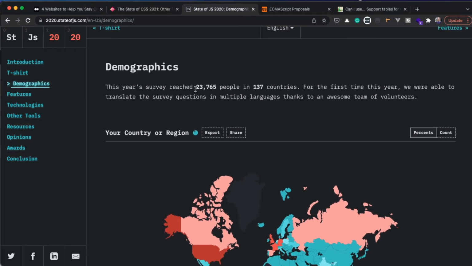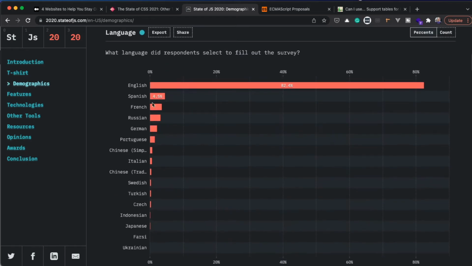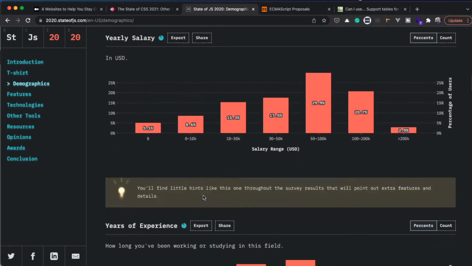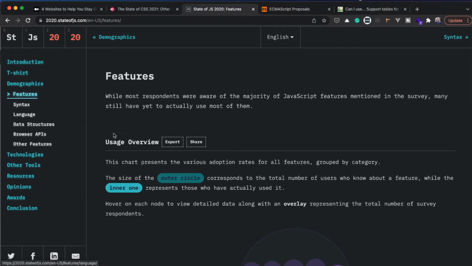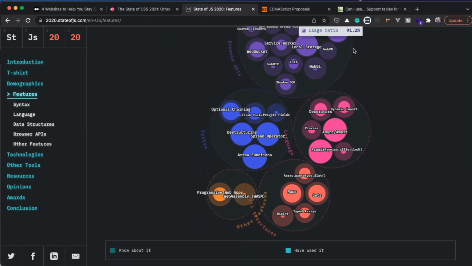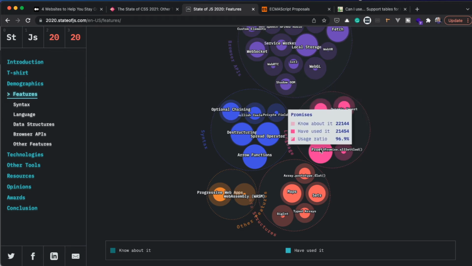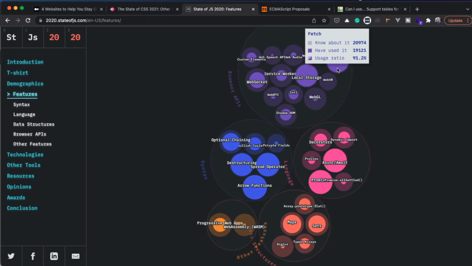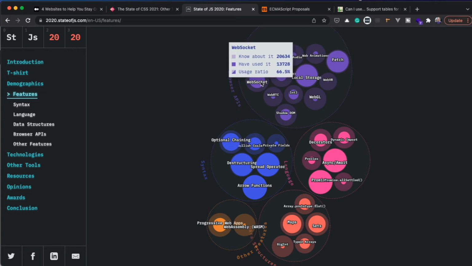Again, we have how many developers responded to the survey, almost 24,000, which is quite a big number, and where they come from and things like that. And also in terms of features, different features of JavaScript like async await, promises, local storage, fetch. We can see the adoption and awareness among developers, which gives us good indication how the language is adopted among